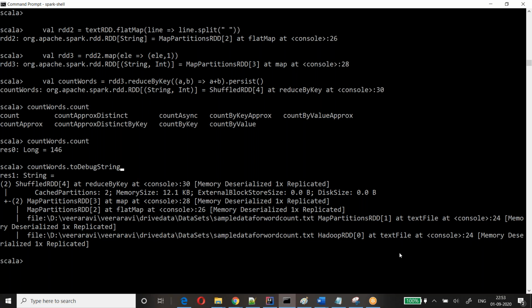You can see the text file, and all the information is there in memory. The ShuffledRDD is in memory, MapPartitions is in memory. Look here, all this information has been stored in memory.